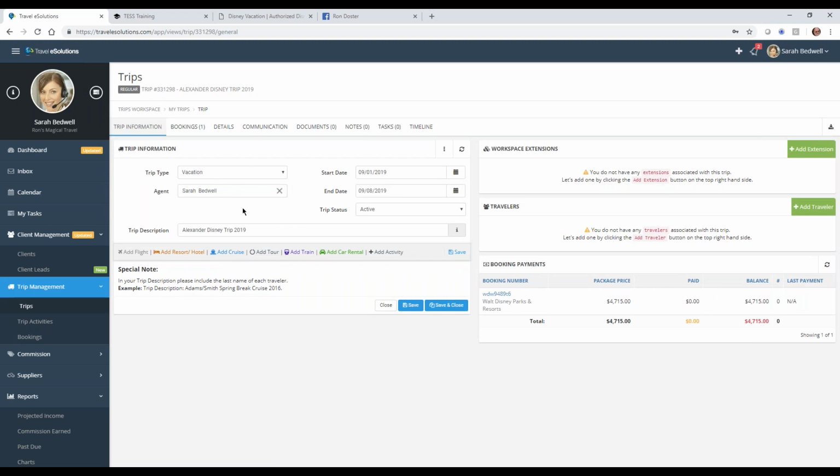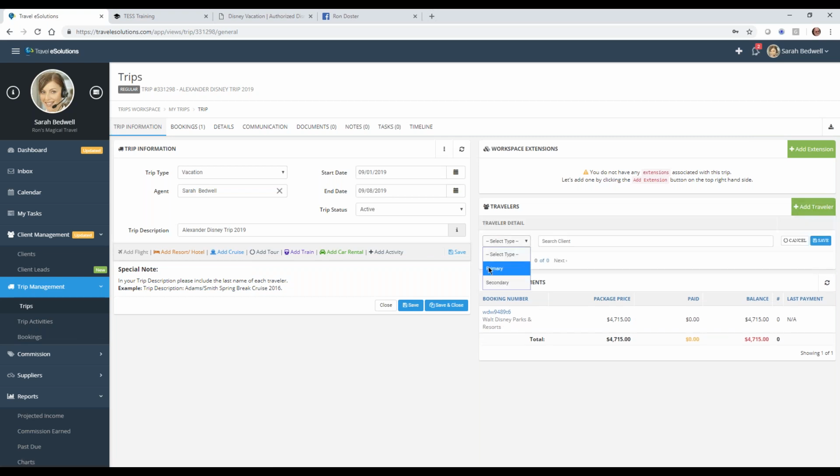Okay. And I added a trip, and then I added the booking. Now, to take things to the next level, I want to keep track of who's going. So I'm going to go add a traveler. I'm going to make the primary traveler the person that I'm dealing with. And this is actually, let's see, this was Sarah